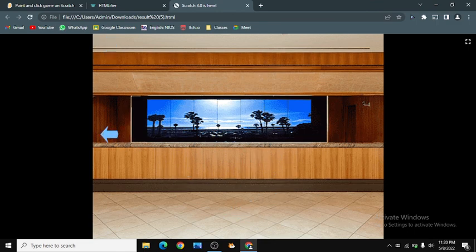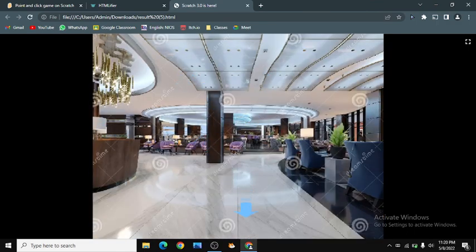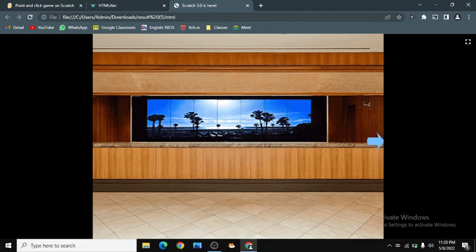So now, as you can see, you can just move it right, back, left, back, right, left. You can go that way. So you can just hide the mouse pointer like this.